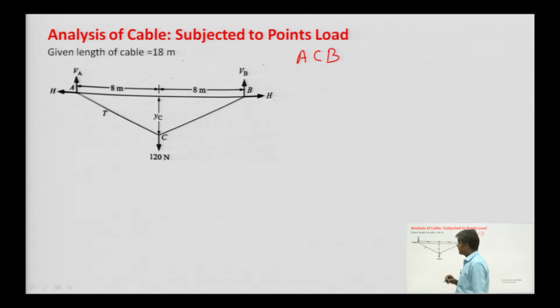We have a cable ACB of length 18 meter, this one cable, and the horizontal distance between the supports of the cable is total 16 meter, and these ends are hinged at A and B. Through this ACB cable, a load of 120 kilonewton